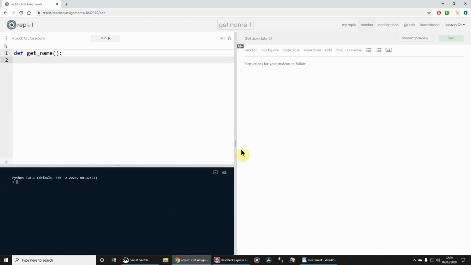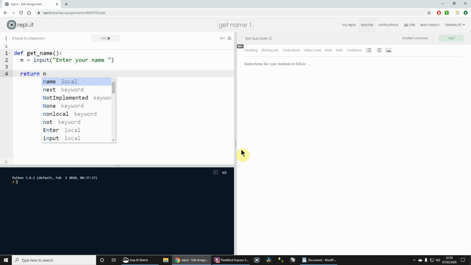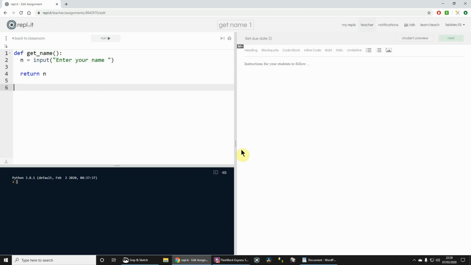Okay, so let's define get name as a function. Now get name is going to be super simple. Let's say n equals input, "Enter your name", and then we're going to return n. Okay, so nothing groundbreaking there. And we'll define main, and we will say let's have name equals get name. So that's just going to call a function and assign the return value to this variable, which is local to main, and then we're going to say print hi